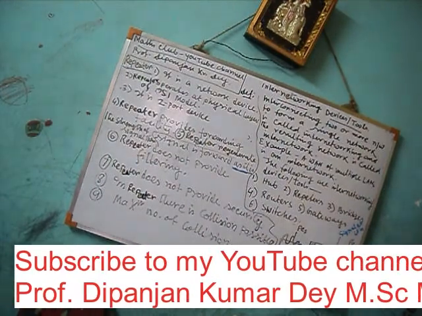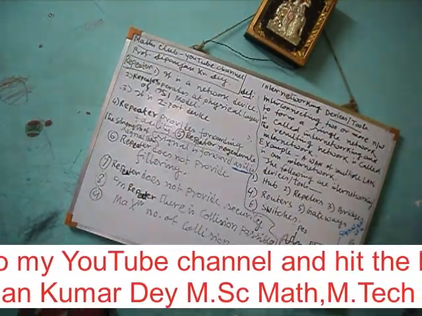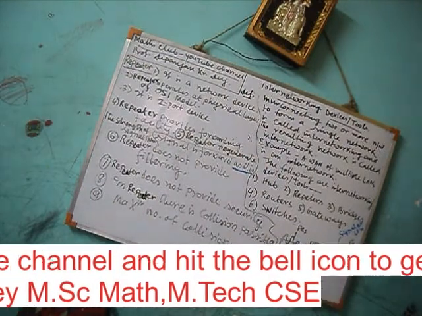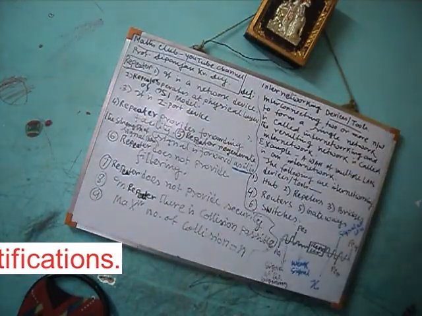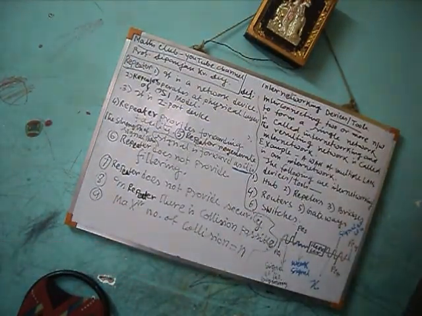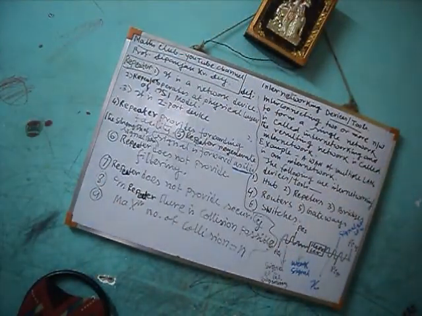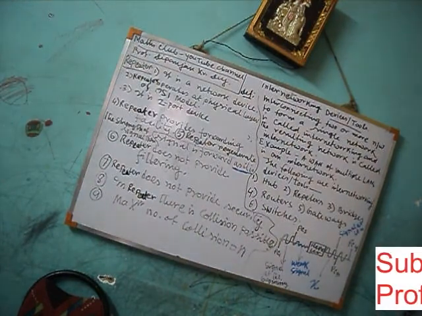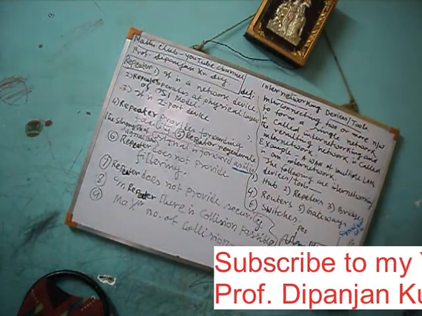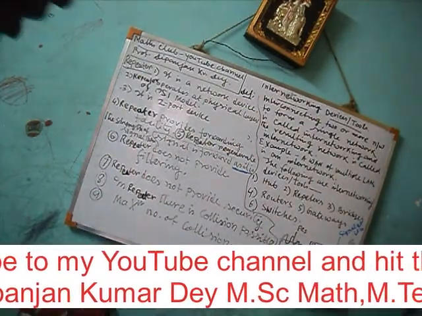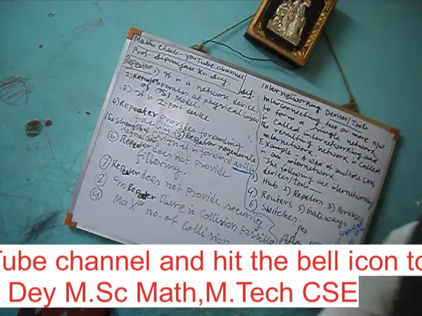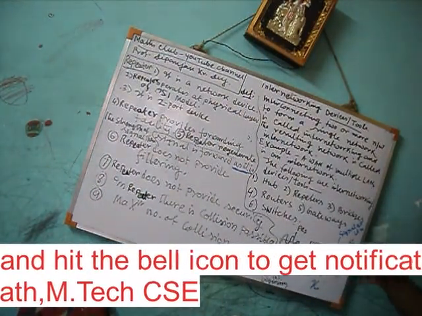There is no facility in the repeater to keep the data stored. That means there is no buffer in a repeater. What is the function of a buffer? A buffer receives the data packet and keeps it stored, then forwards it. Since there is no buffer, a collision is possible.